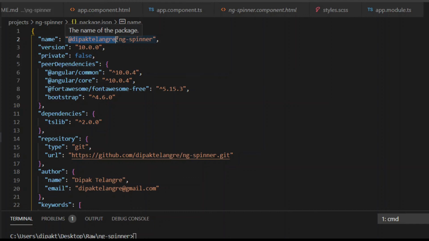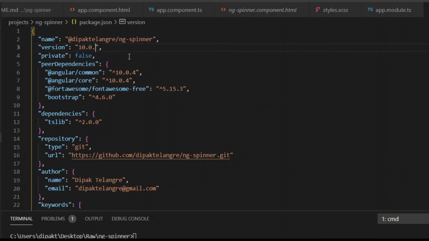That means this name will not collide with any public name available over the registry. It's just your choice. If you are creating a private library or private package that only belongs to your organization, you can use the organization name instead of your own name. For the version you can give any version, but this time I'm going to mention 10.0.0. The 10 corresponds to the Angular version that I'm using.